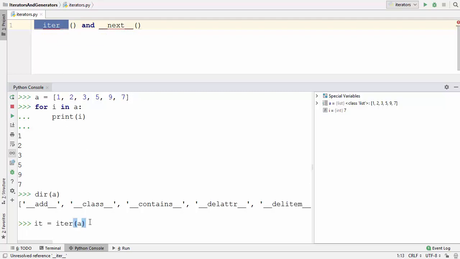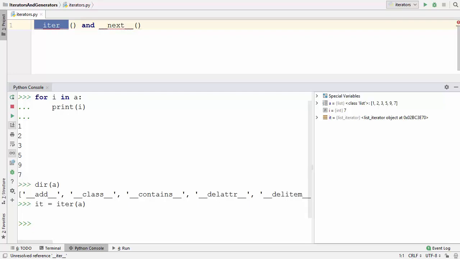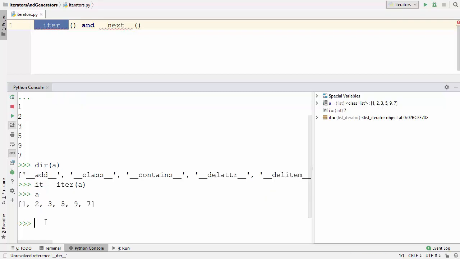So let me just press enter, and now we have the iterator object, and this iterator object we can use to call all the values in the collection. So let's once again print the values of our A list, and this has these 6 values, and now I can use a special function called next here to get the first value of this collection.